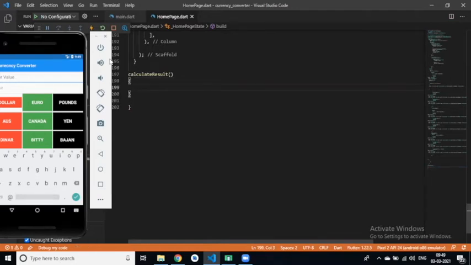A block of code, Roshan. A block of code to perform some statements, a particular action, some specific task, right? So in this function we will perform some specific task. That task is our calculate result.